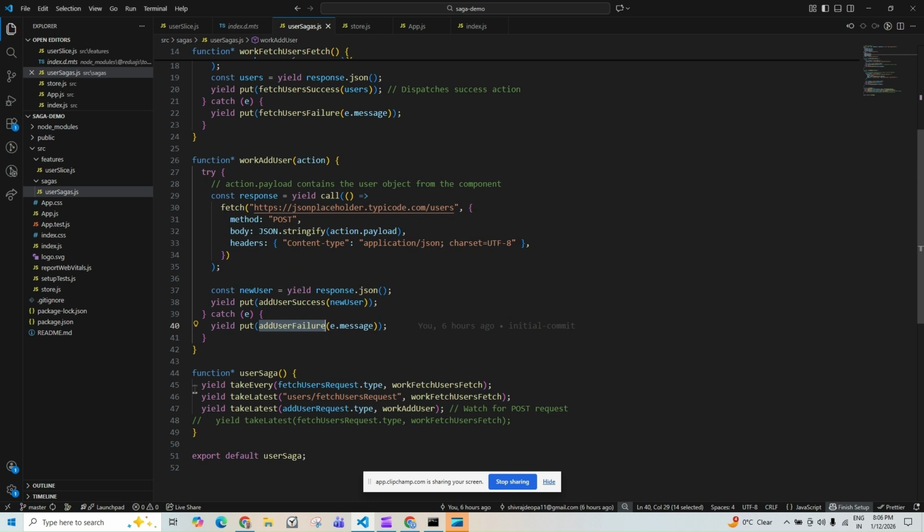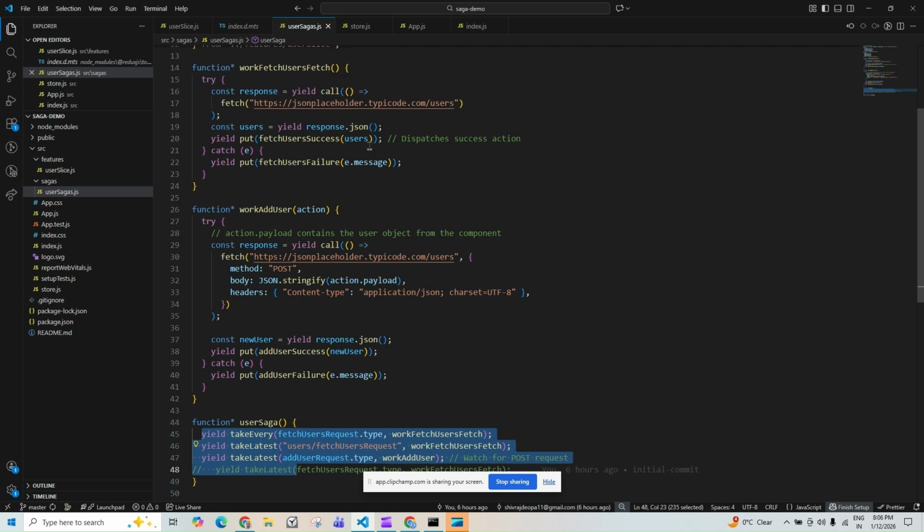So this is how we have exported it, and it is listening to all these events. And as soon as this event occurs, we will call this function. So that is how simple this Saga is. So this is what the Redux Saga is, Redux Saga Middleware, and how we have configured it. See, we have seen app.js, we have seen index.js. We have to see store and user slice, right? So let's go to